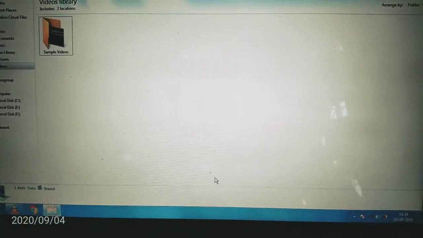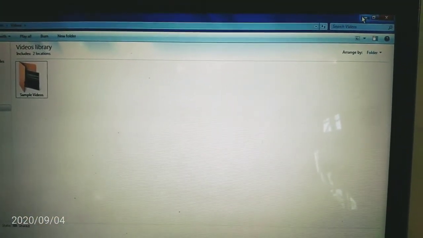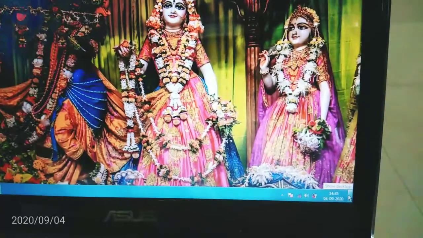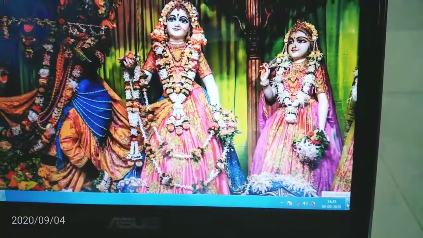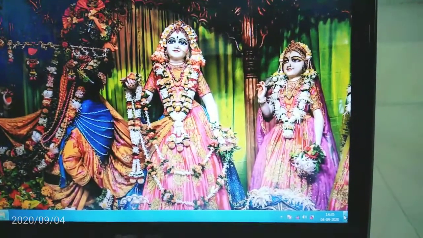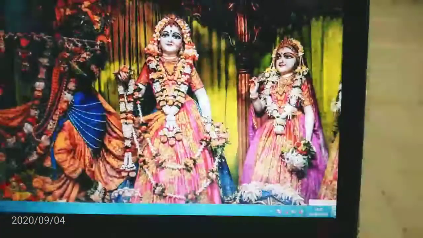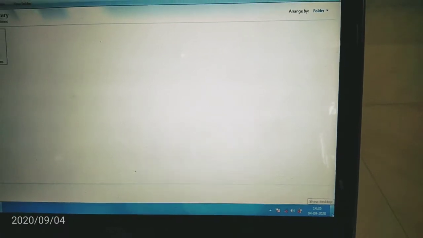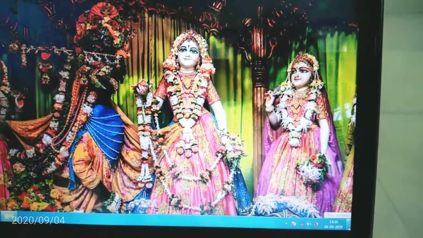Without minimizing this window, we can see it quickly. Here it is written Show Desktop. When you move the pointer here, it shows the desktop. No need to click, only move the mouse pointer here. Then move again, it shows Windows Explorer. Move again, it shows the desktop. This is Peek.